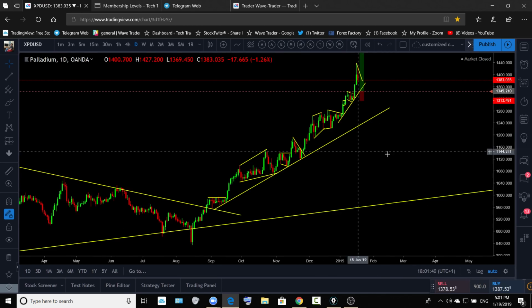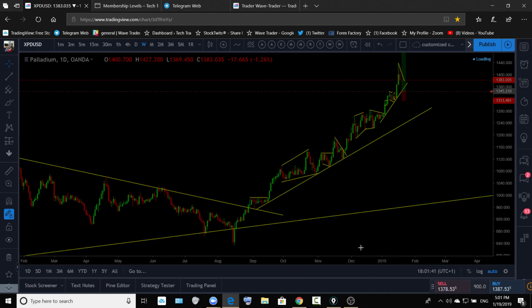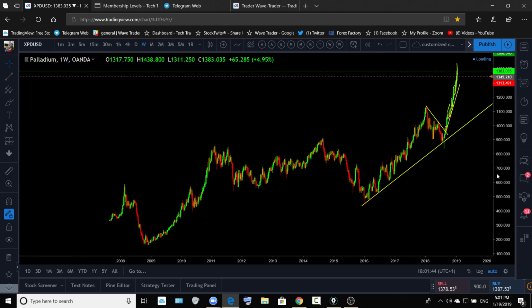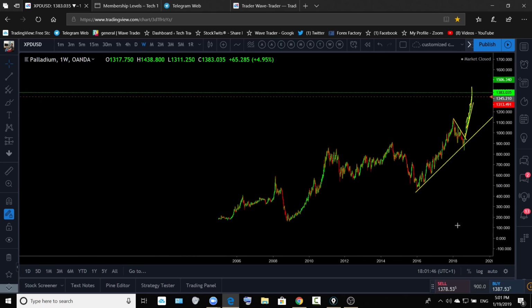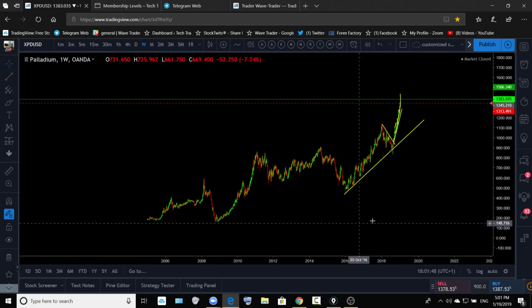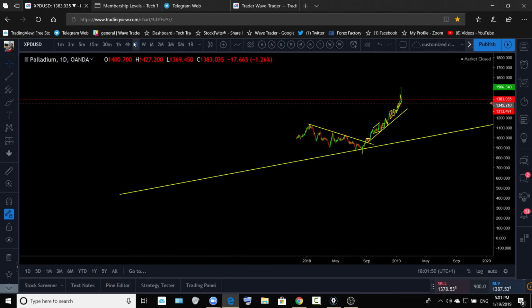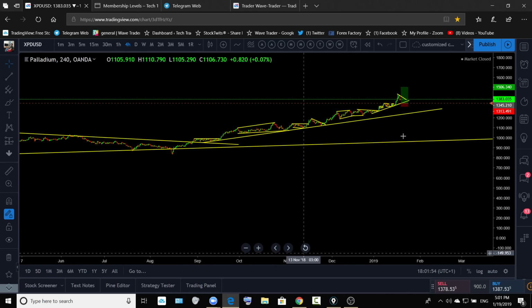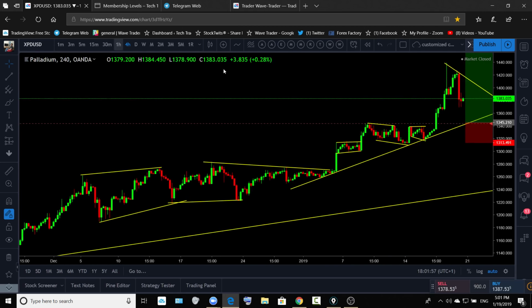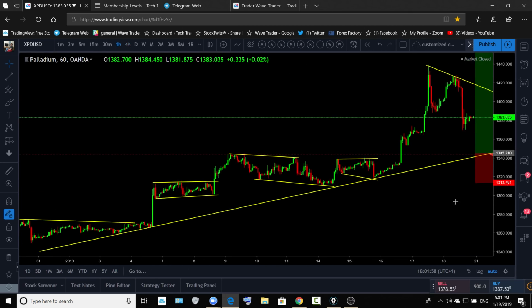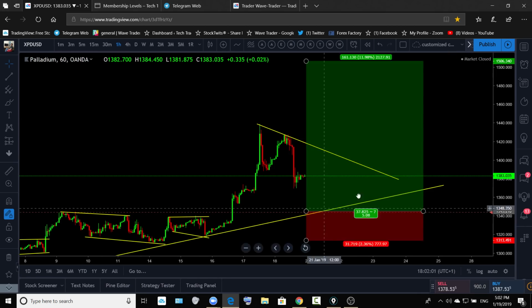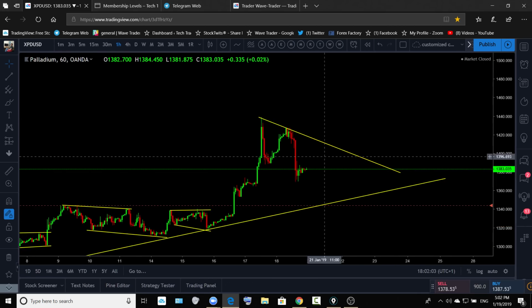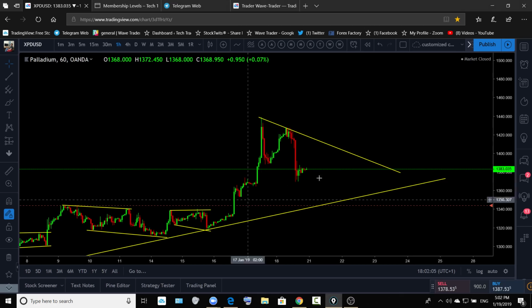Palladium is in a very strong bullish trend. You can have a short-term buy setup there on the palladium. You see that trend has been very strong bullish since 2016, and you can look for it to continue to go higher this week. Make sure you trade with care because you are looking to buy at the top. The bigger the correction, the better the opportunity is going to be on the palladium for short-term upside.